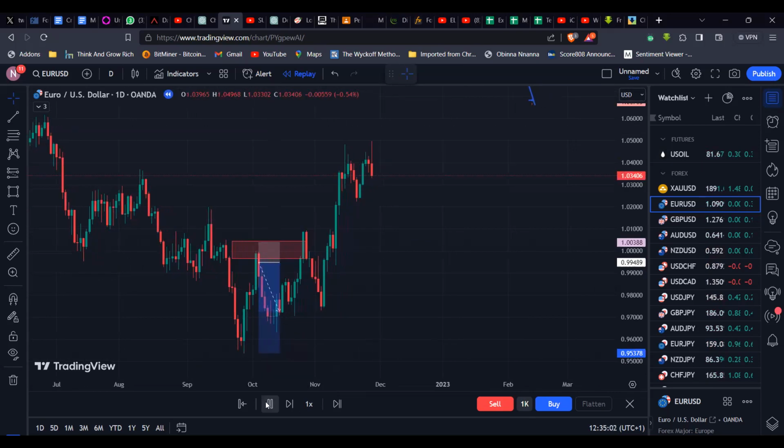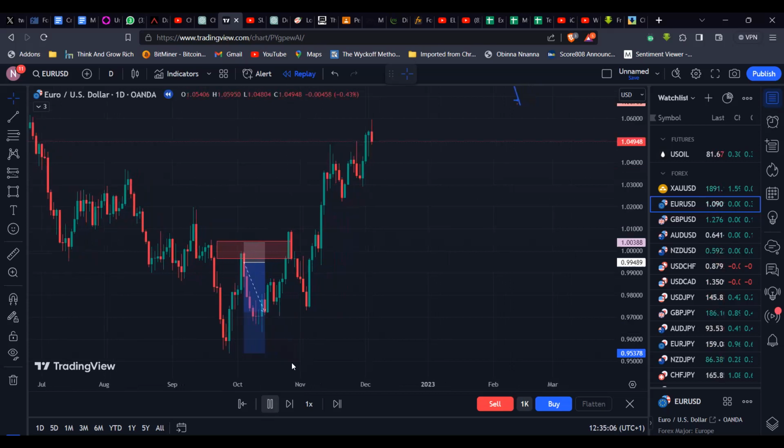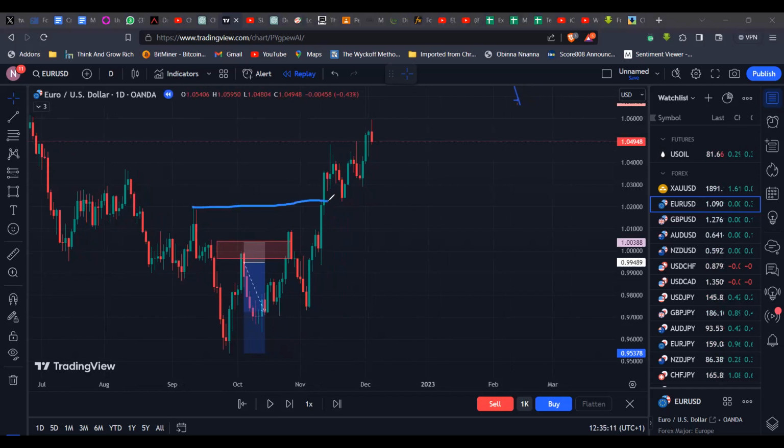Remember it broke down once, it broke up once, and then look at this, price has broken up again. So first of all, we had the first break of structure here, and then we have another break of structure. So at this point, we have to start at least respecting the fact that price is now appearing to post higher highs and higher lows. And we can now begin to look for bullish setups on this market and look for confirmations of those setups on, let's say, the lower time frame. Okay, so